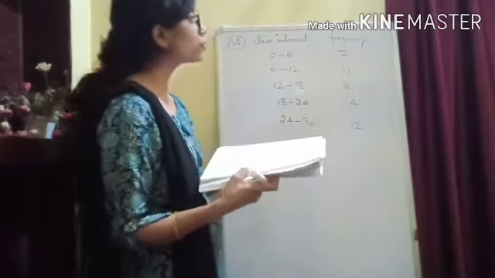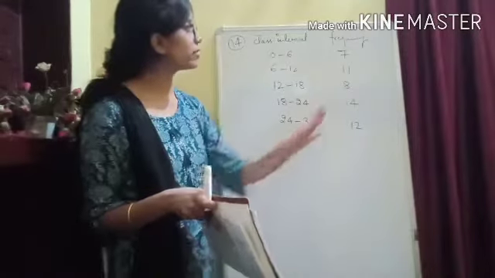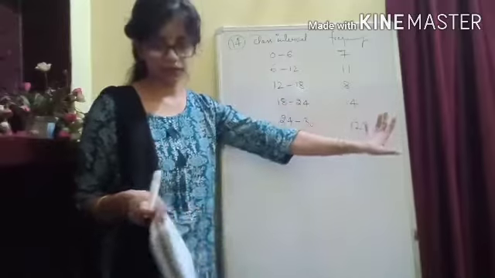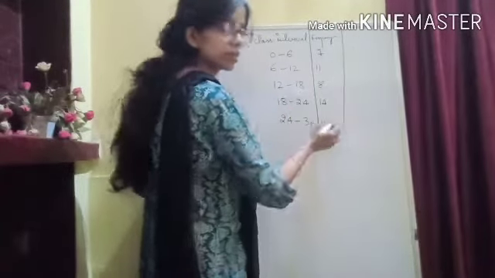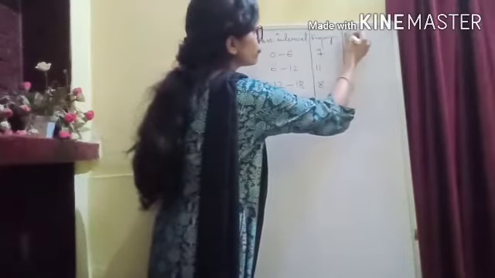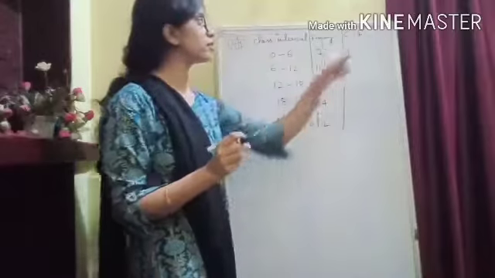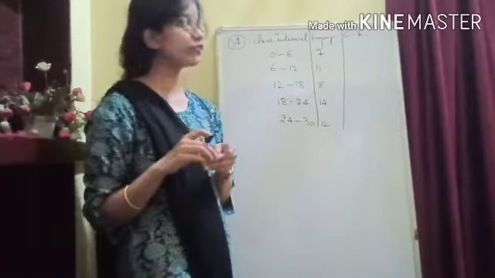They are asking you to write the cumulative frequency. Please forgive me that I have not left the column for cumulative frequency. Let me prepare it once. So to prepare the cumulative frequency table, we will make one more column for cumulative frequency. I am writing it as CF. CF is cumulative frequency. Now please see how we write cumulative frequency.